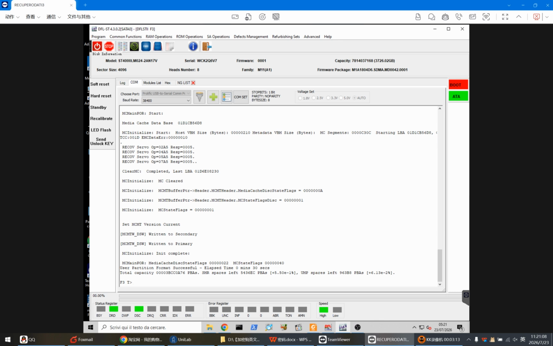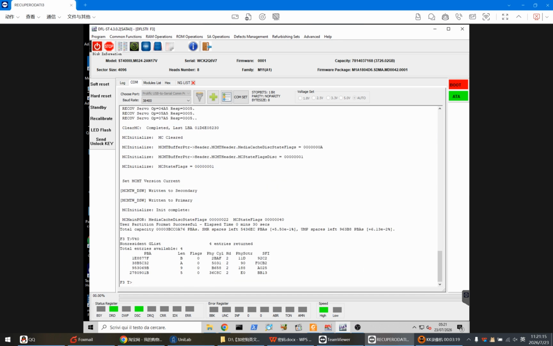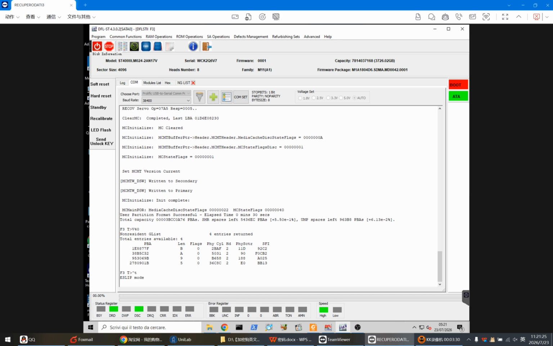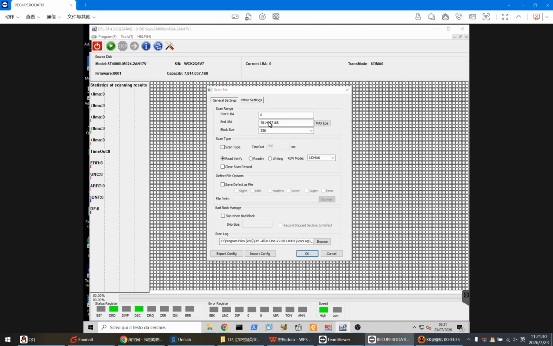Okay, now we can see the translator regeneration completed. So let's view the engine list again. So we can see the engine list entries were kept the same as the original one. So 4 entries returned. At this time, we can try to view the ending part of the sectors to see if